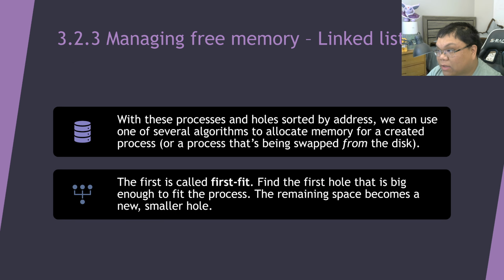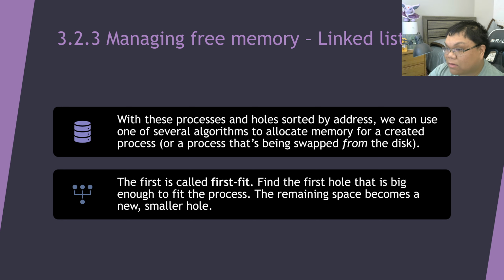With these processes and holes sorted by address, we can use one of several algorithms to allocate memory for a created process, or a process that's being swapped from the disk. The first of these algorithms is called first fit. Find the hole that is big enough to fit the process. The remaining space becomes a new, smaller hole. So we have these holes in memory, and those are holes in which we can shove in a new process. This may leave some leftover space that becomes a new hole that we can use for another process, or it can merge with another hole if another process next to it